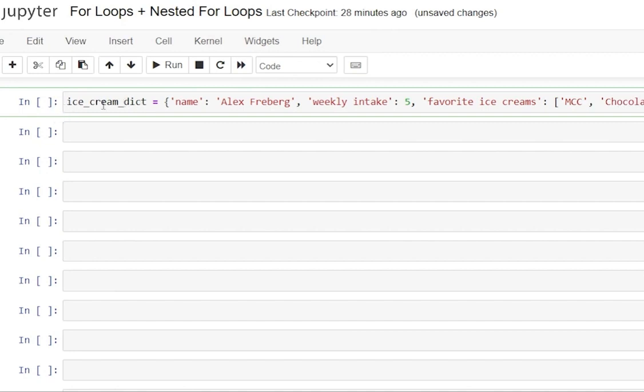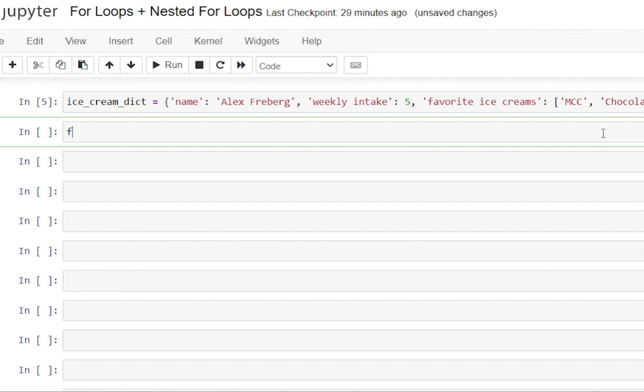So now we have this dictionary, ice cream dict, and within it, we have my name, my weekly intake, and my favorite ice creams with a list in there as well. Let's hit Shift Enter. And now we're going to start writing our for loop. Now the for loop is going to look very similar, but to call a dictionary, it's just a little bit different. So we're going to say for the cream in ice_cream_dictionary.values